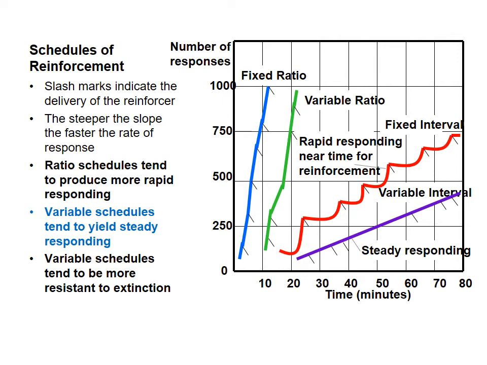Fixed ratio, if after you've done a behavior 4 times and you didn't get paid and you did another 4 times and you didn't get paid, the next time you might just be like, forget it, I'm not getting reinforced. And for something like a fixed interval, you wait 2 weeks and you don't get paid, and then you wait another 2 weeks and you don't get paid, then you're not going to work for the next 2 weeks. You're done. So if you start to miss it, you'll still possibly increase the behavior with the hope of maybe getting the reinforcement. But if it's missed on that schedule, you'll probably just stop doing the behavior. For variable, whether it's ratio or interval, because you never know when the reinforcement's coming, it's always a safer bet to continue the behavior.